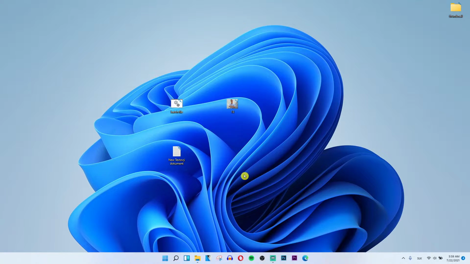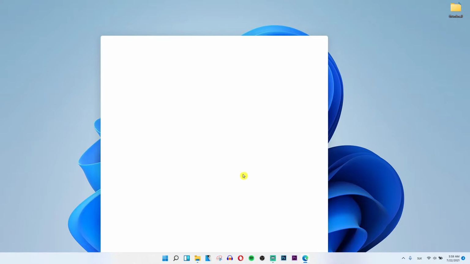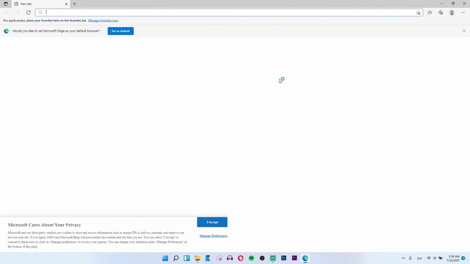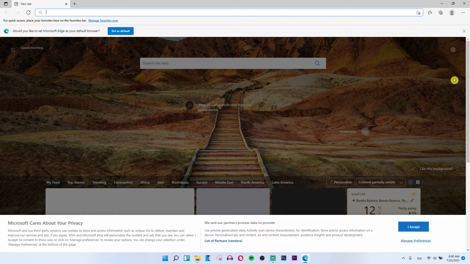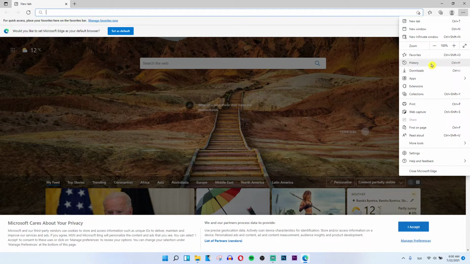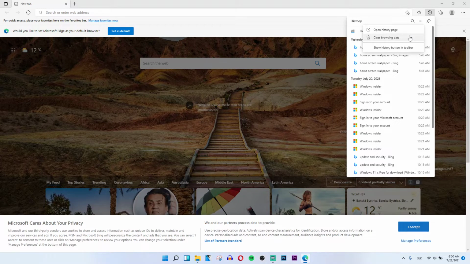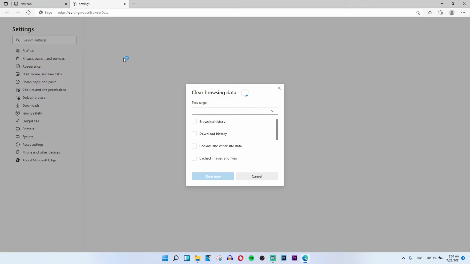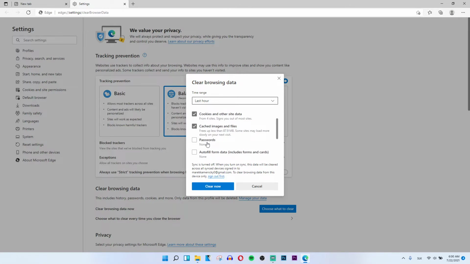So you want to write here Edge, open Edge, then when you have it, go on a top right to the three dots, click history, and then you can have the three dots here again and clear browsing data. Now you're gonna see the browsing history, download history, and you can also choose what you want to actually delete